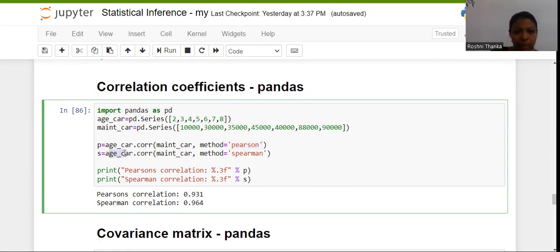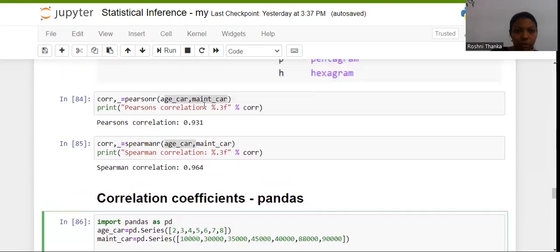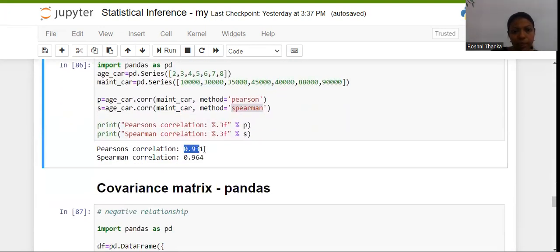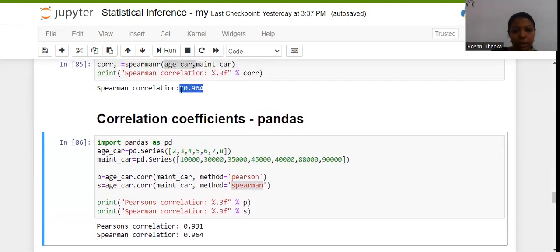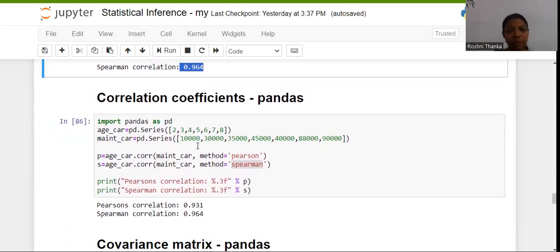Here, same thing, the age variable with the maintenance, we are going to find a correlation, and the method here we are using is Spearman. And if you see, in both ways you will get the same value. So here also 0.93, using Pandas also you will get 0.93, and the Spearman 0.964, here also 0.964. So this is how we will be able to find the correlation between two variables